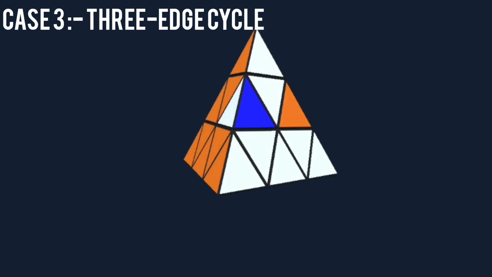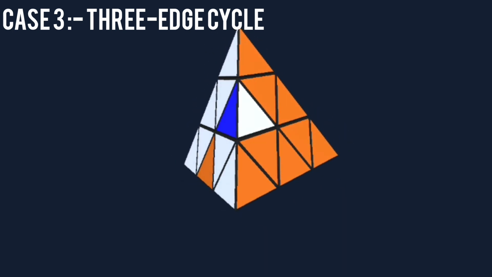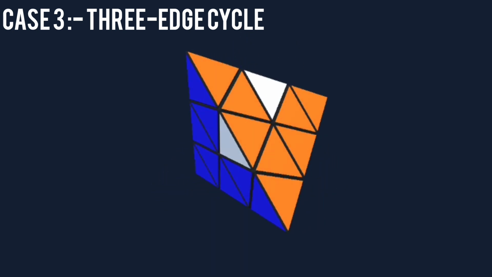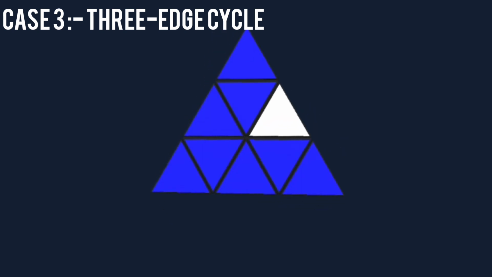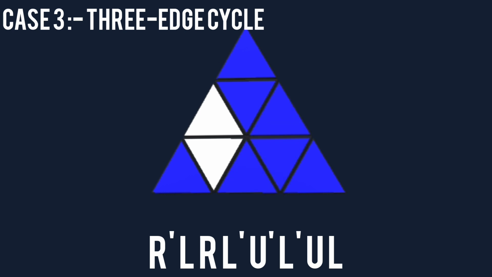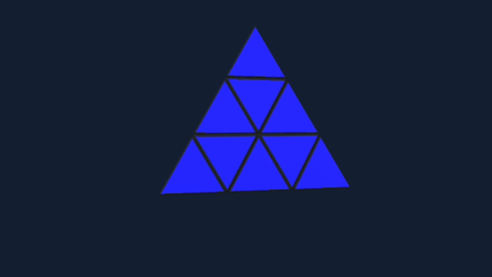And you guys know how to solve this case 1, but I'll show it to you again. You have to keep the unsolved edge behind. Here for the remaining two edges we already have one color solved, and here I get this unsolved edge on the right side. So you have to do the right hand algorithm: R prime, L, R, L prime. Continue. Yeah, boy. And we have successfully solved the 3 by 3 Pyraminx cube.